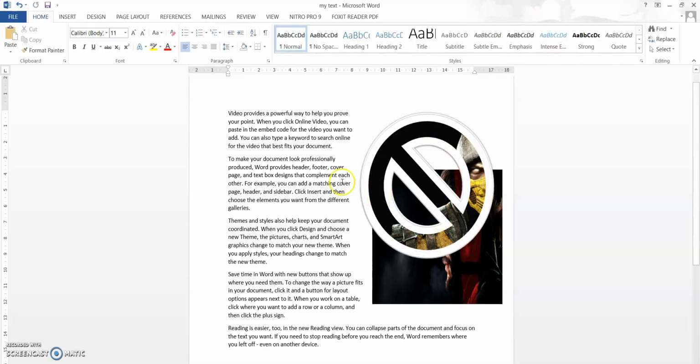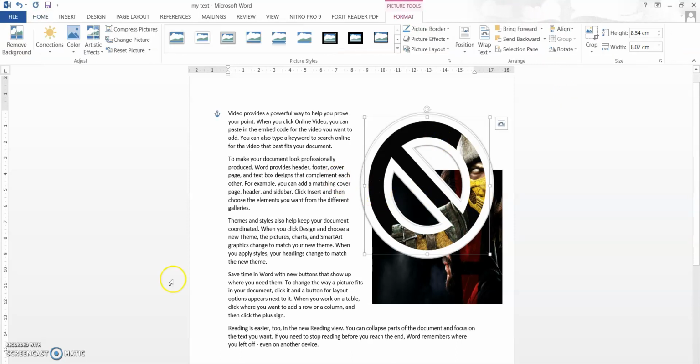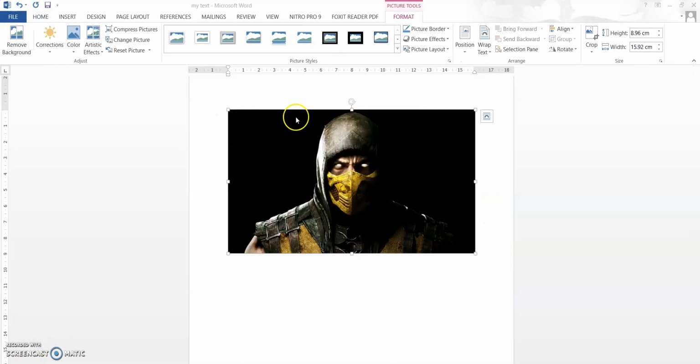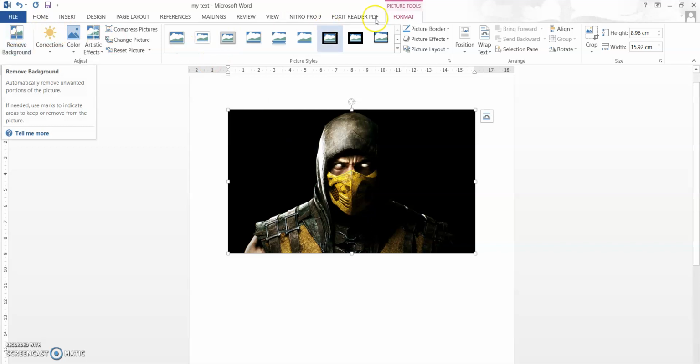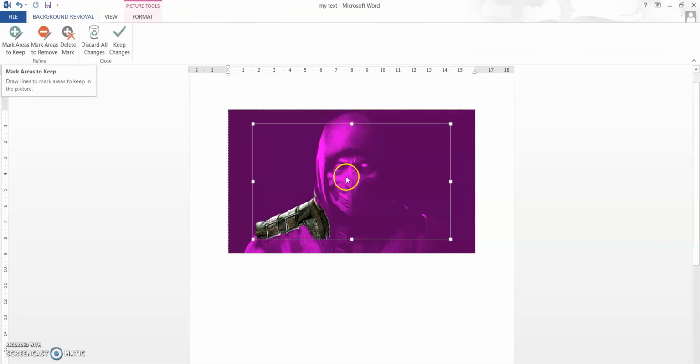So with this, next what we are going to see is how to remove background. Removing background is one important thing that Microsoft Word can do. We can remove the background: in the format section there is a remove background option, and if you press that, then these violet colored parts will be removed and the normally colored parts will be kept the same.